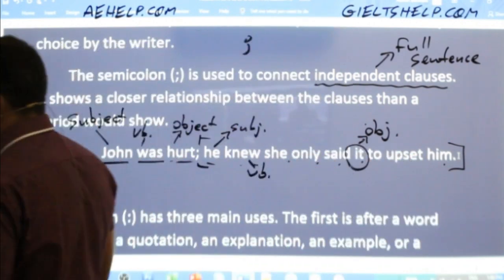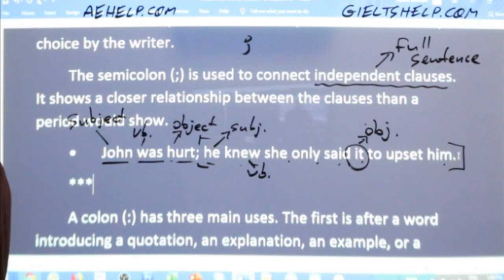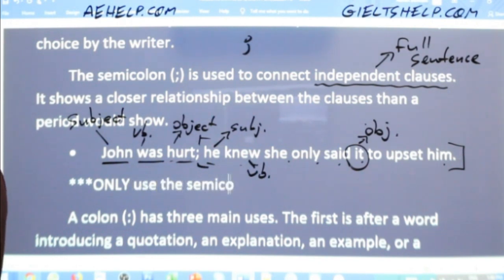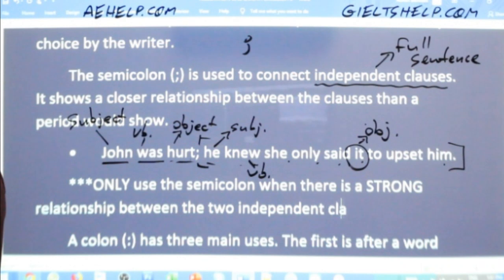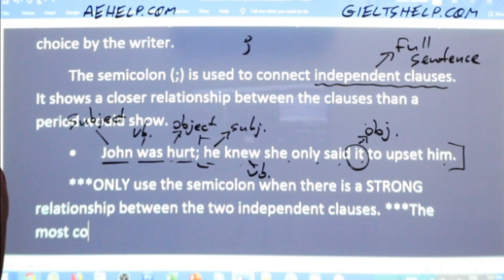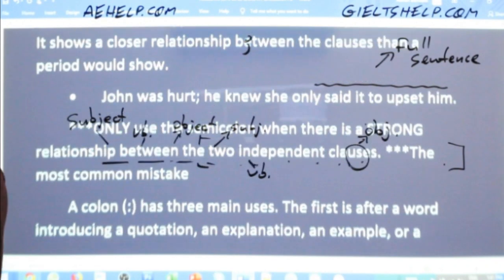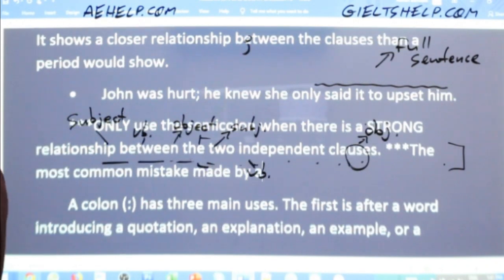Okay, so a very important point here, especially on the IELTS exam, is only use the semicolon when there is a strong relationship between the two independent clauses. Again, I'm going to emphasize this. The most common mistake made by authors is to use a semicolon